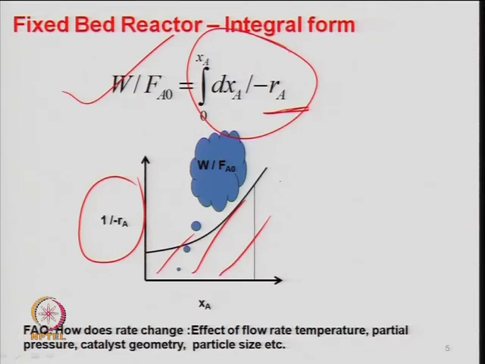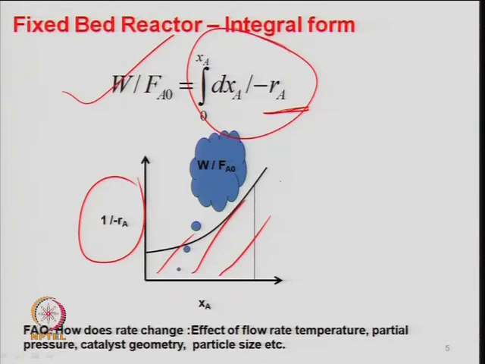So, if you take this area under the curve, you can do it graphically, or one can solve it numerically, right, by numerical integration, and you can find it out. There are Simpson's rule and the trapezoidal rule, which are available in any handbook or any book of chemical reaction engineering. So, one can integrate that by using a numerical technique, or software like MATLAB has tools, Polymath has tools. So, these can be solved.